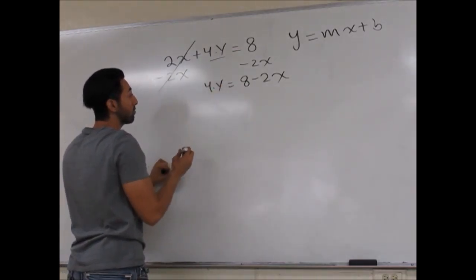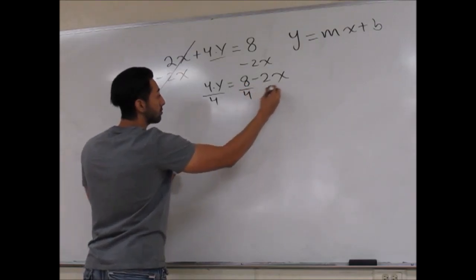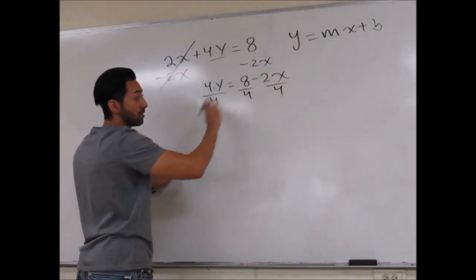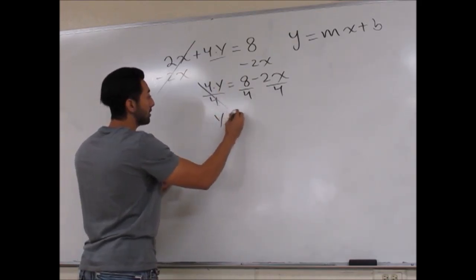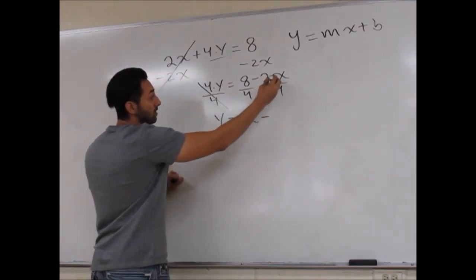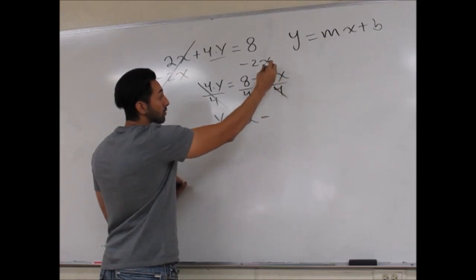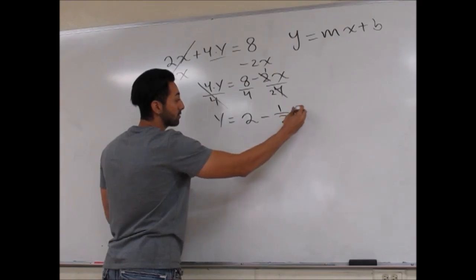Now, this 4 is being multiplied, so I know the opposite of that would be to divide it over onto all three terms. That's very important. You gotta divide it over onto all the terms. So 4 cancels, you get y is equal to 8 divided by 4 is 2. There's a little reduction here. 2 goes into 4 2 times. So that'll give you a half an x.